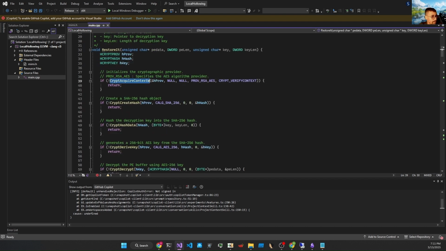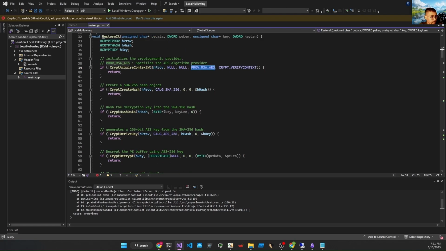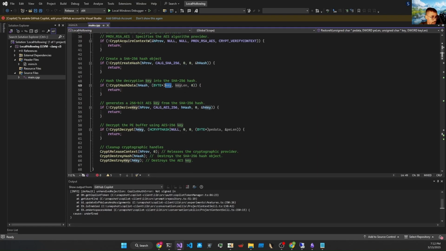So we first call CryptAcquireContextW that will initialize the cryptographic provider and cryptographic functions. We'll be using the PROV_RSA_AES variable to make sure that we're using the AES algorithm provider. Then we call CryptCreateHash to create a SHA-256 hash object. Then using that object, we hash the decryption key into the SHA-256 hash. So we hash that decryption key, and after that we will be using this hash